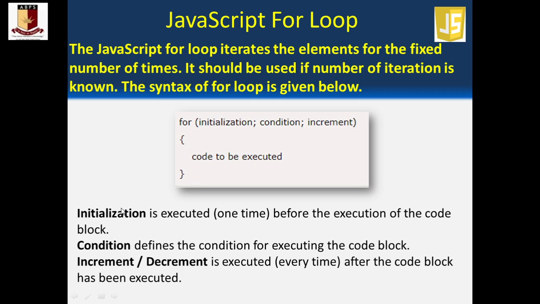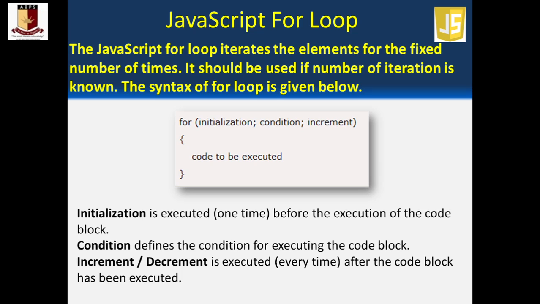So initialization is where we initialize our counter to a starting value, meaning from where the loop will start. This is called the initialization statement, and it is executed before the loop. You can take care. Next is the condition, or we can also say test statement. The test statement tests whether a condition is true or not. If the condition is true, then the code inside the loop will be executed, otherwise the control will come out of the loop and the loop will not execute.